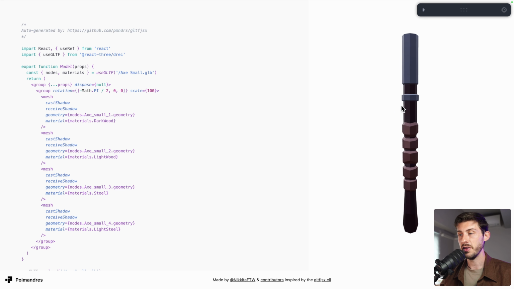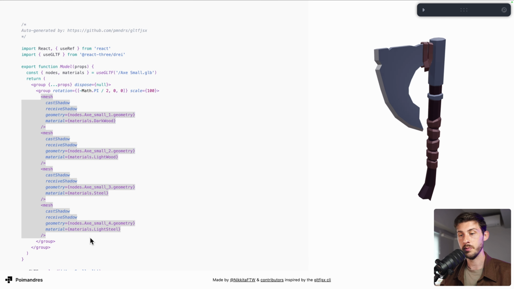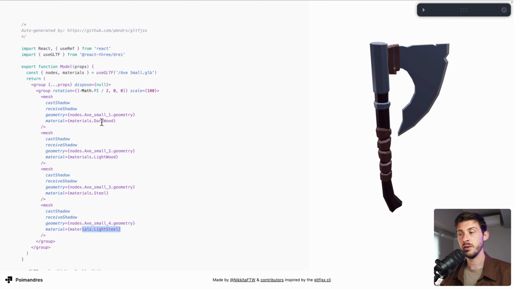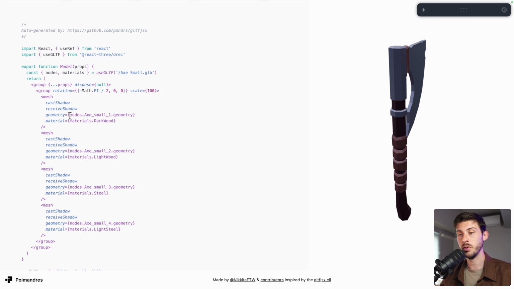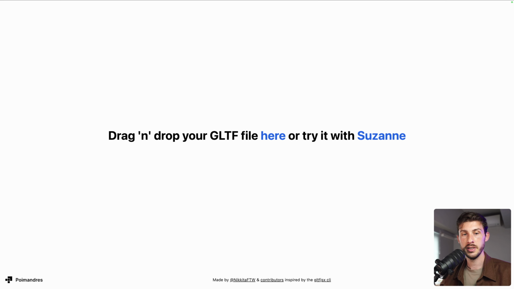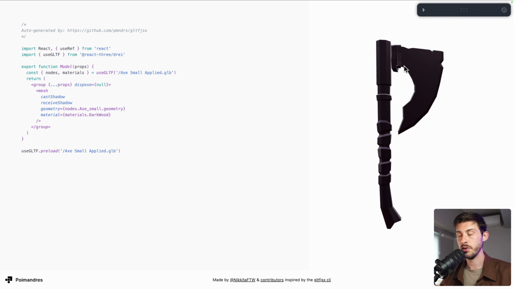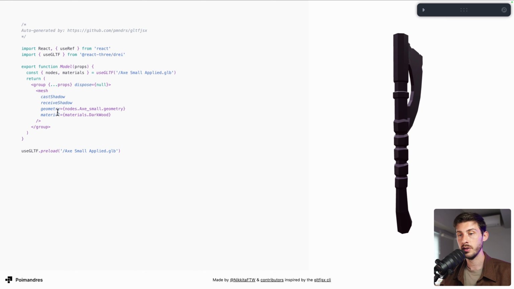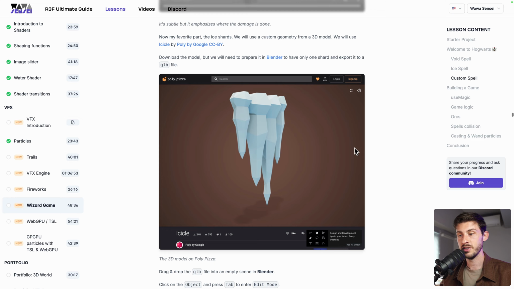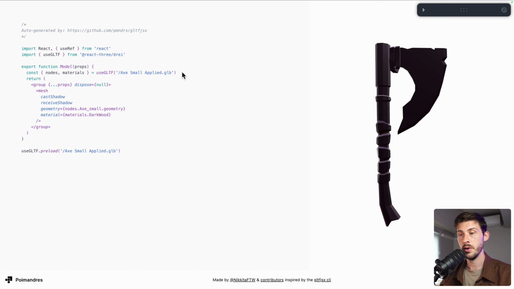You can see that for this mesh, we have 4 different meshes because of the different materials. But our VFX particle will only be able to use one of the geometries. For that, I have prepared an axe small applied that merged all the geometries with only one material, that we can use for our particles. I explained the process in my course inside the Wizard game lesson, but you have the model ready for you